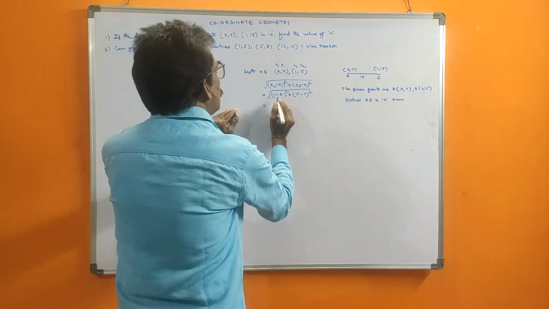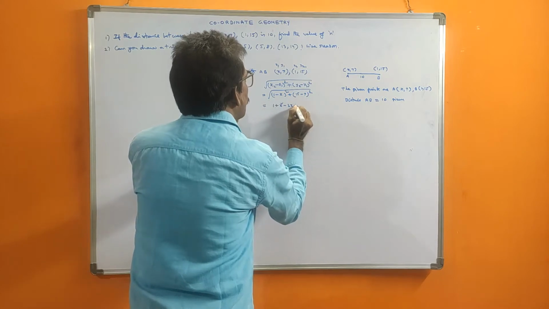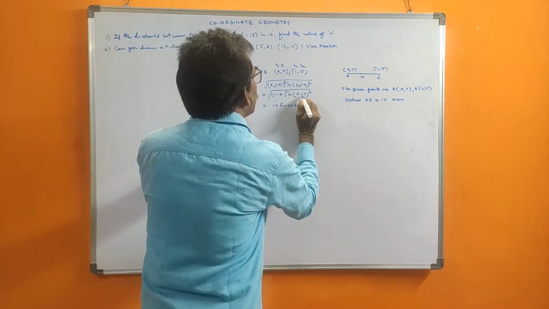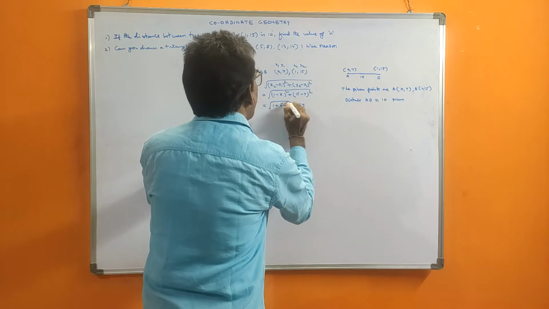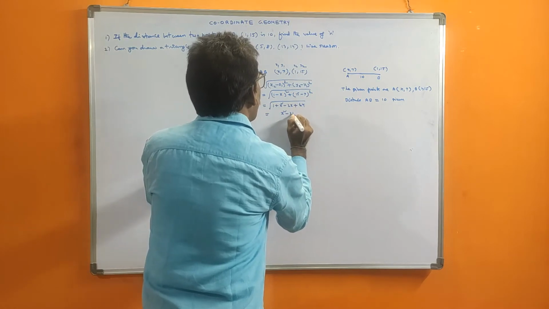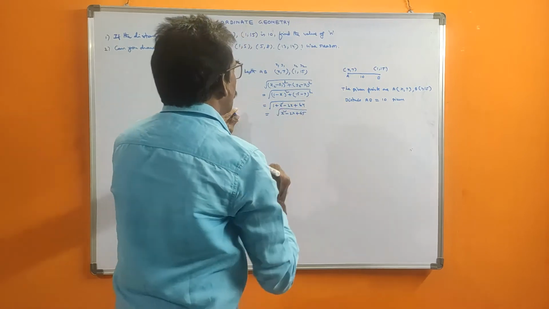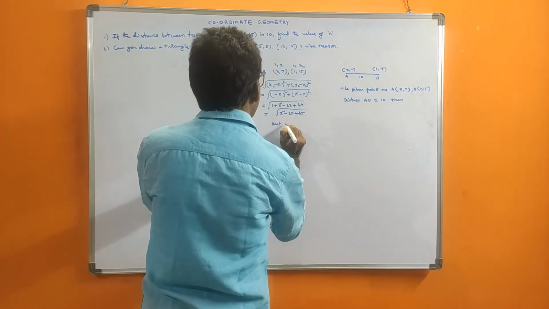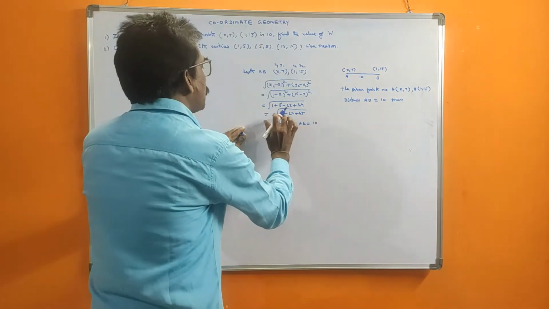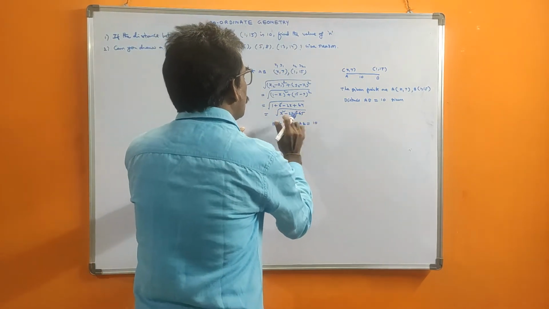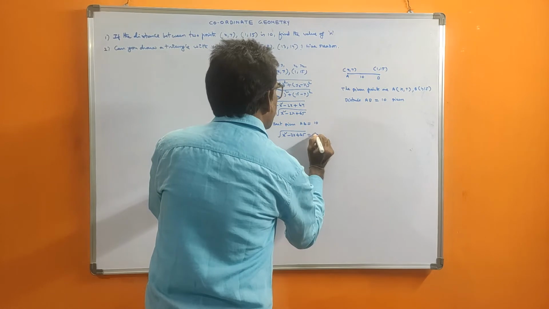Now see, (a minus b) whole square is a square plus b square minus 2ab, so 2 into 1 into x means 2x. Directly write here: 15 minus 7 is 8, and 8 square is 64. This is the root of x square minus 2x, and these two constants add up to 65. But AB is given as 10. So this AB we calculated, but it is given as 10, so you equate these two. Therefore, root of x square minus 2x plus 65 is equal to 10.